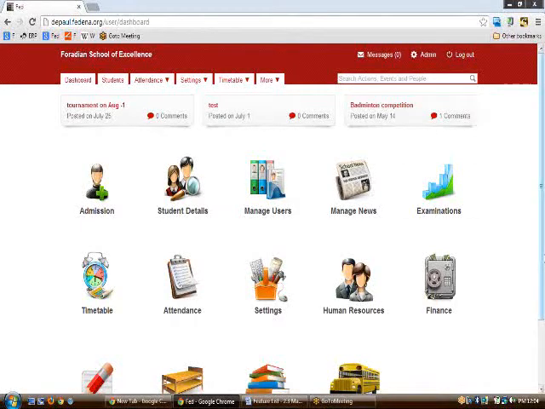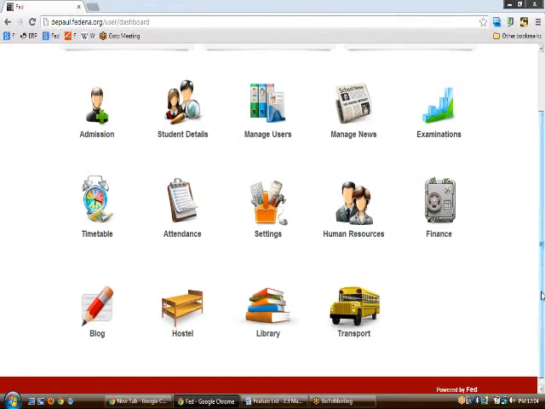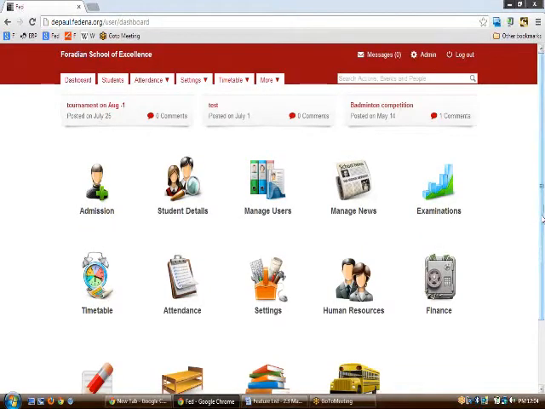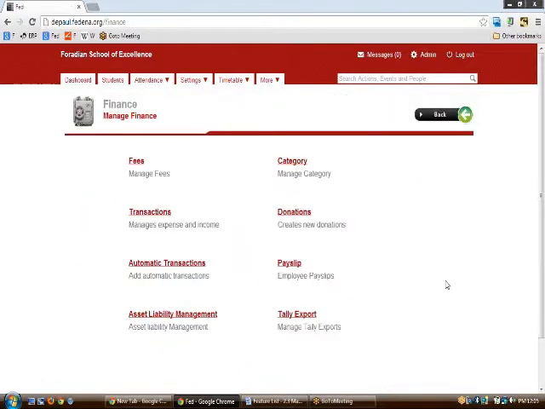Today we are going to know the finance module in detail. This webinar is completely dedicated to the finance module. So we'll be starting up with the dashboard. This is the dashboard that we see on logging on to a credentials provided. Then once we go to the finance icon, we see these number of items available. So to start up with, we would be doing the fees item first.